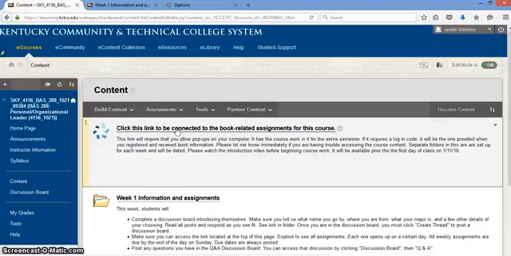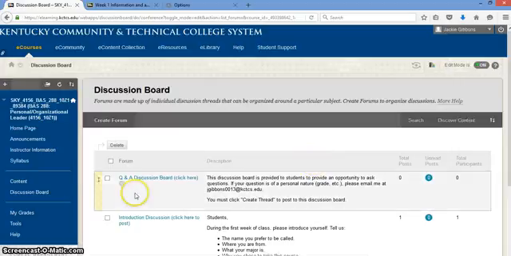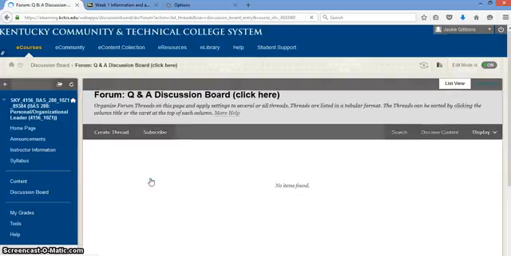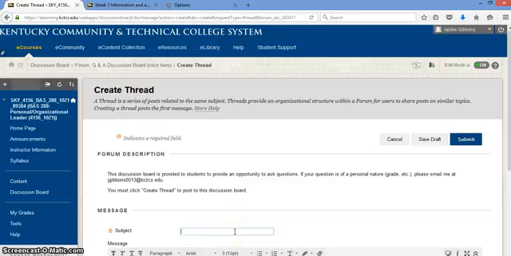Additionally, there is a Q&A discussion board, which is located in the folder for week 1, and you can also access it by clicking discussion board. And if you'll look, you just click the blue link in Q&A, and you can post any question by clicking create thread. So it's the same process there. It would be nice in the subject line if you would put what the problem is, like